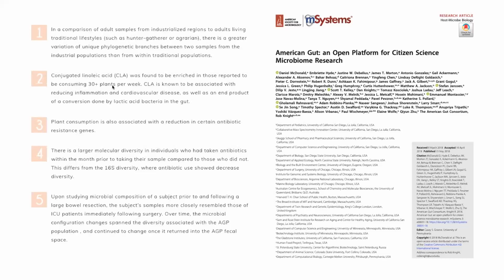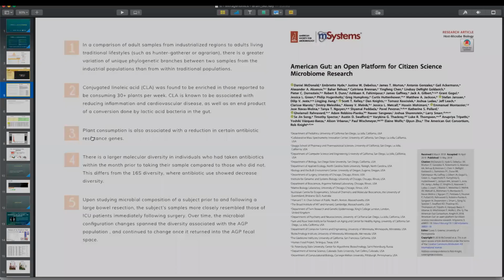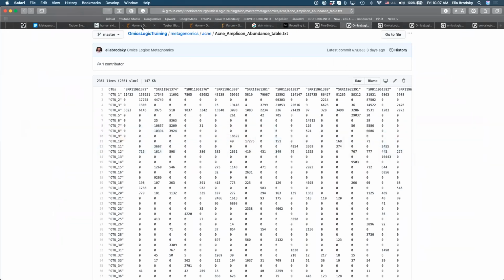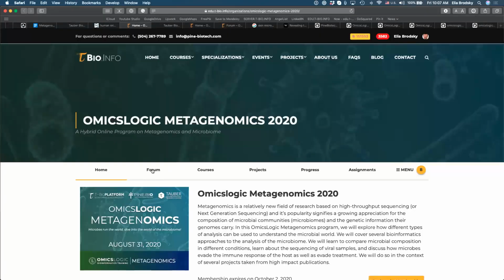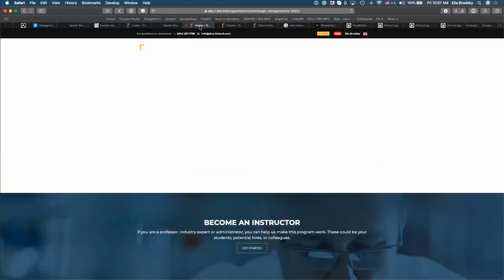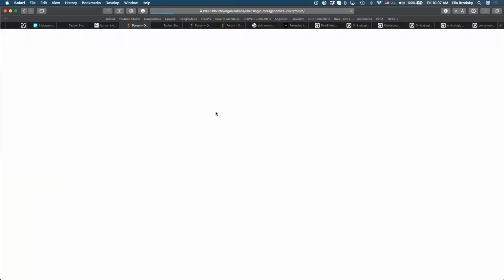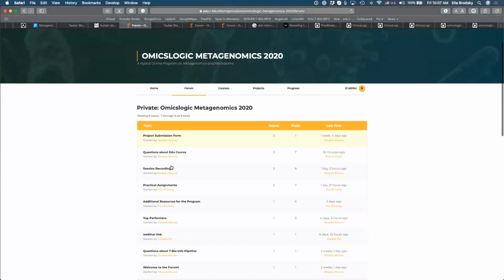Maybe we'll quickly remind everyone where to find that link. So the link was posted on the forum. Additional resources for the program.